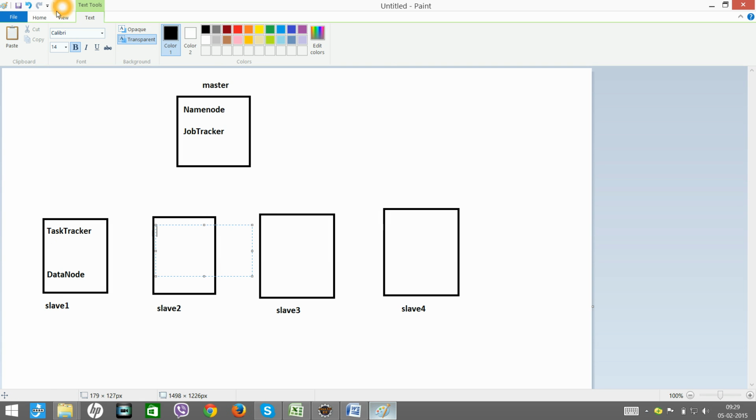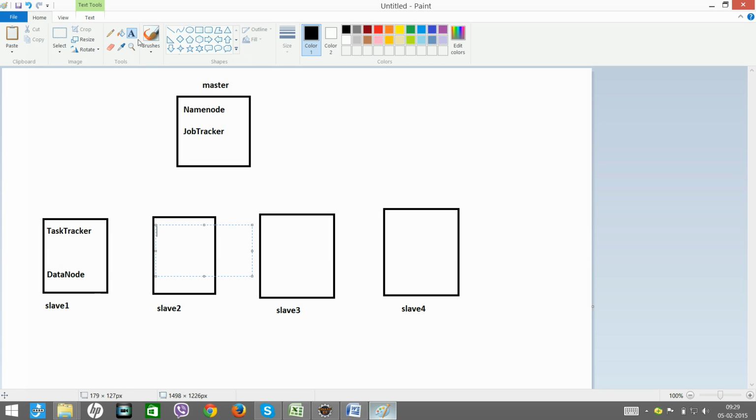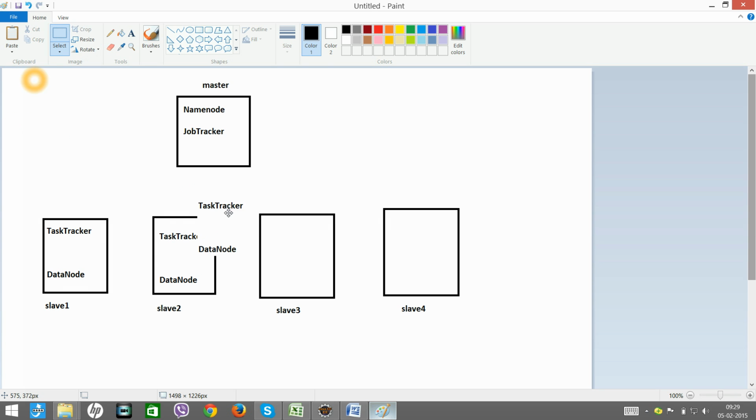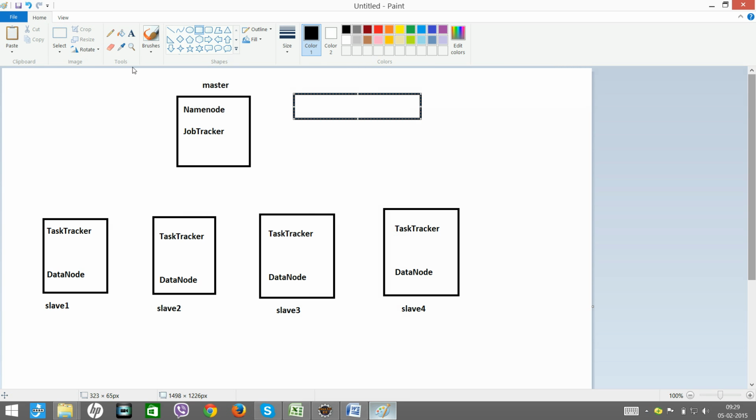Similarly, you will have task tracker and data node in all your slave computers. We will also have a secondary name node installed in a different system.